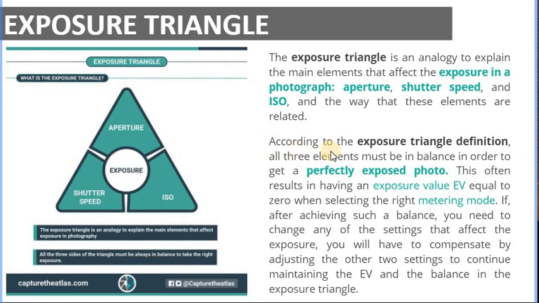So according to the exposure triangle definition, all three elements must be in balance in order to get a perfectly exposed photo. So this often results in having exposure value or EV equal to 0 when selecting the right metering mode. If after achieving such a balance, you need to change any of the settings that affect the exposure, you will have to compensate adjusting the other two settings to continue maintaining the exposure value or the balance of the exposure triangle. Kailangan kasi yung EV